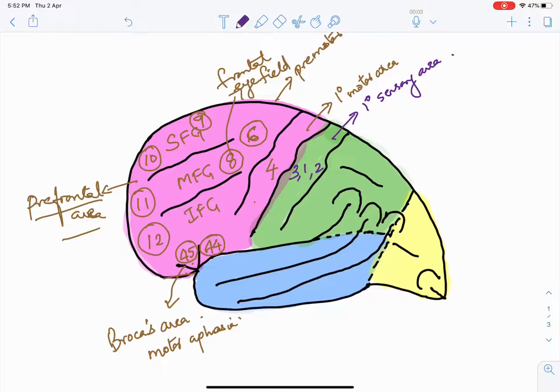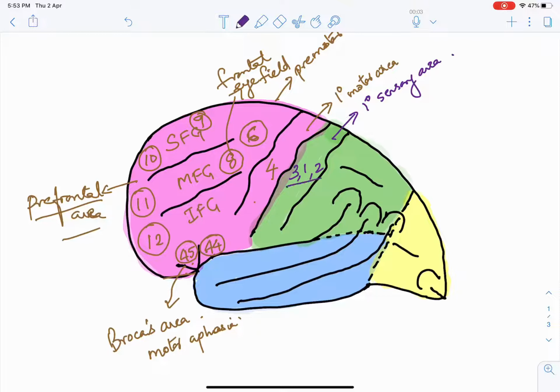The function is, it helps in the sensory perception of the opposite half of the body. So that is, it helps in perception of both exteroceptive and proprioceptive impulses. Exteroceptive impulses are touch, pain, temperature, all those impulses, and proprioceptive impulses are joint sense, position sense and the 2-point discrimination. It receives the projection fibers from the thalamus, because the thalamus is the primary sensory relay station, and from there the fibers are coming to the primary sensory area, the postcentral gyrus, that is